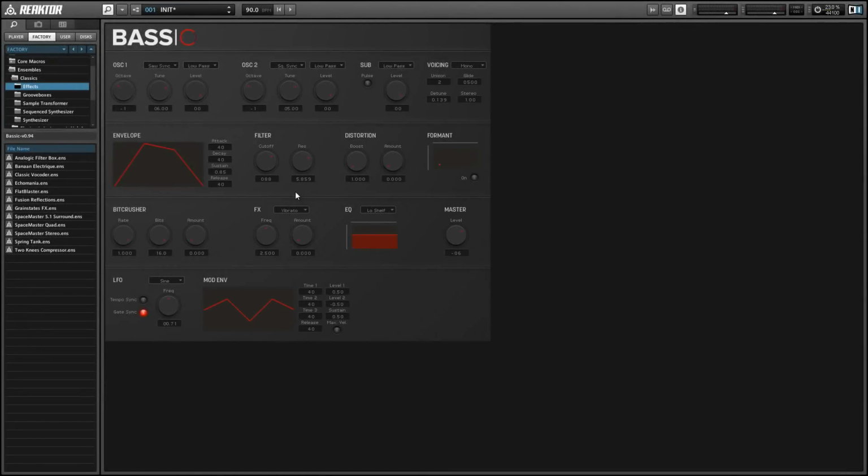Hey guys, this is Salamander Anagram with reaktortutorials.com, and today I'm going to be showing off my newest Reaktor ensemble